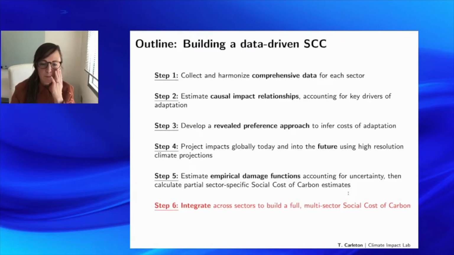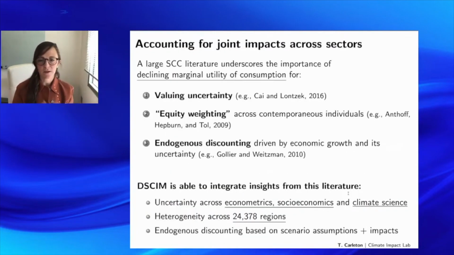All right, so pulling these sector-specific estimates together into an aggregate SCC, this is where a lot of the really interesting welfare economics comes in. There's a really rich, mostly theoretical literature thinking about how we conduct valuation when we are aggregating uncertain damages across heterogeneous populations and time periods going forward. There's a lot of work showing us that it can be critically important to think about how you value uncertainty, how we equity weight, as Max pointed out, how we deal with discounting, and we think we're in a unique